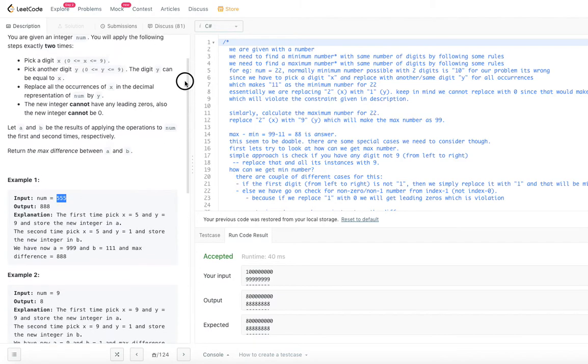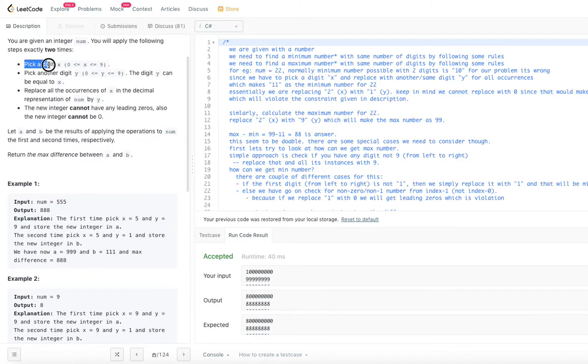Let's go back to the description. Pick a digit x, and pick another digit y. Let's say you pick x equal to 1 and y equal to 0. What that means is you have to replace all 1s by 0. But is there any 1 here?